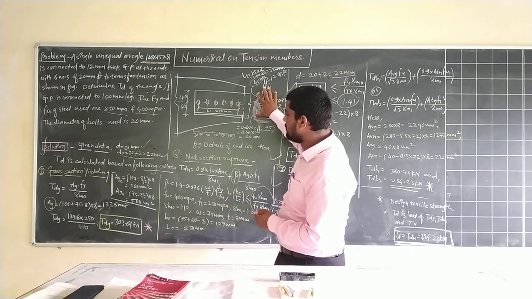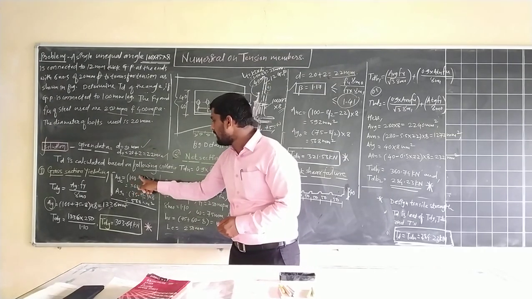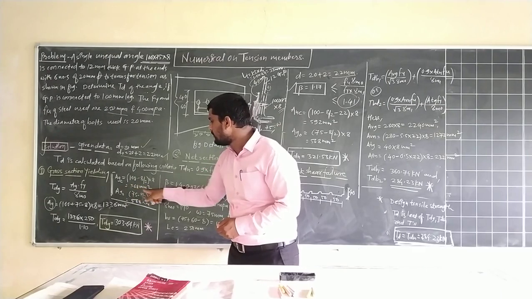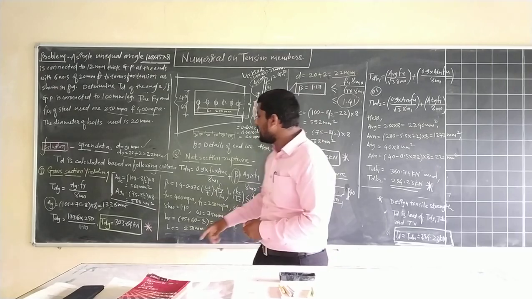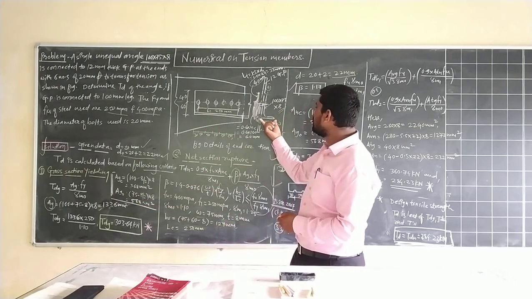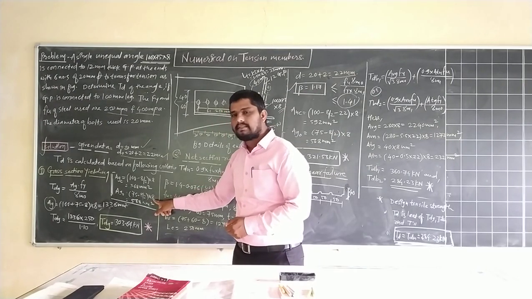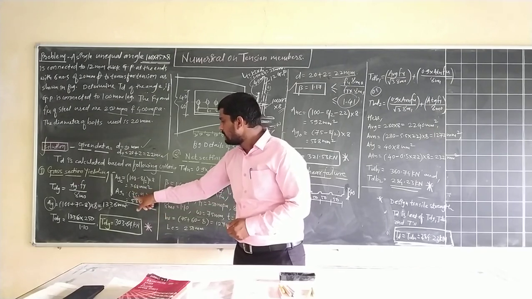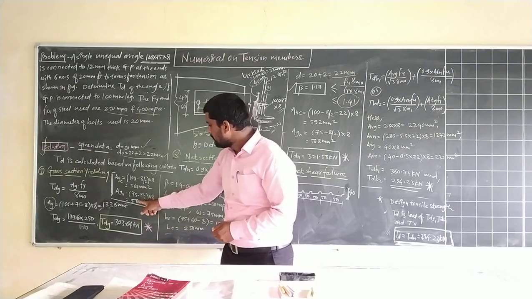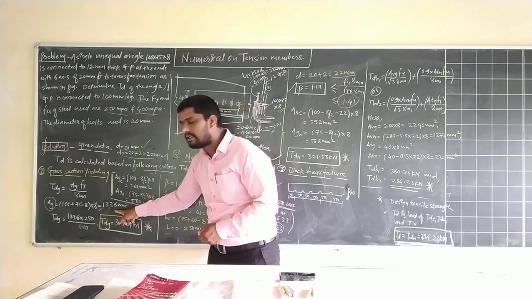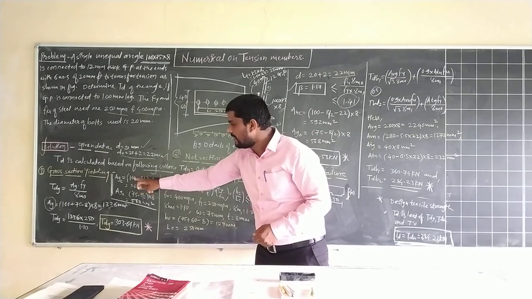100 mm minus half of the thickness of this angle section: 100 minus 8 by 2, into 8. So this is your 768 mm square, the connected area. Then the outstanding area: 75 is the outstanding leg, minus half of the thickness of the angle section, multiplied by 8. So 75 minus 8 by 2, into 8, gives 568 mm square. If you add both, we get 1336 mm square. So this is the gross area connected.